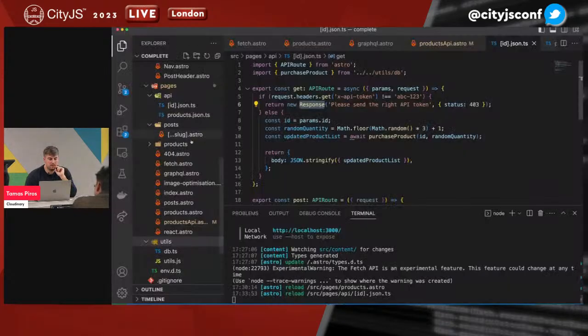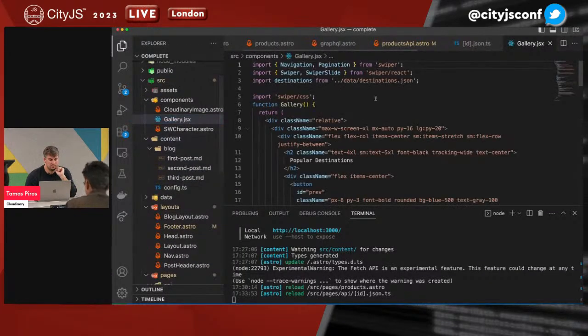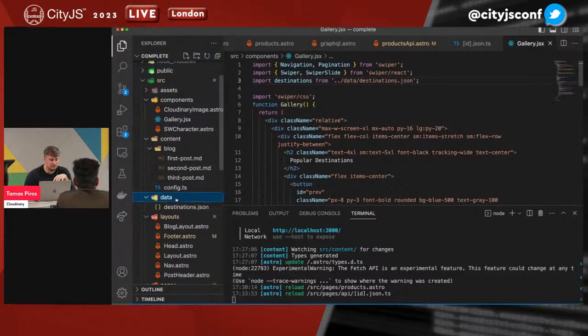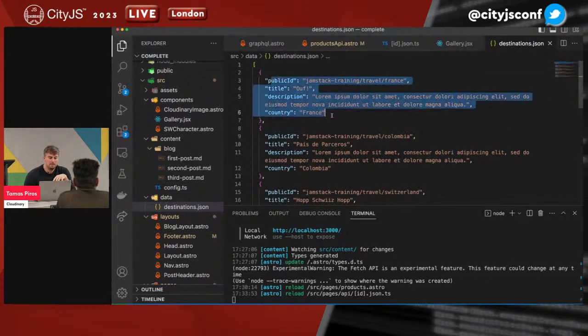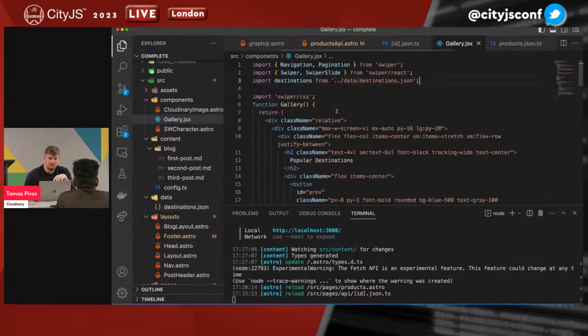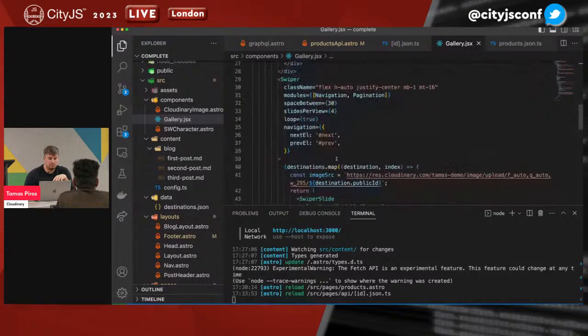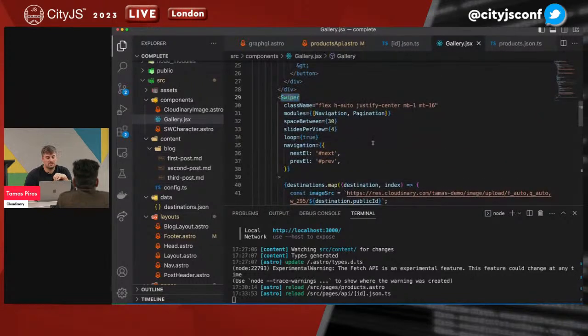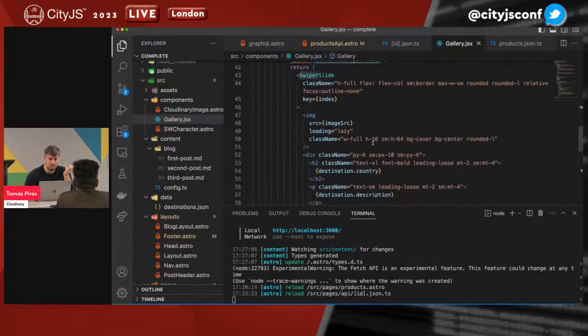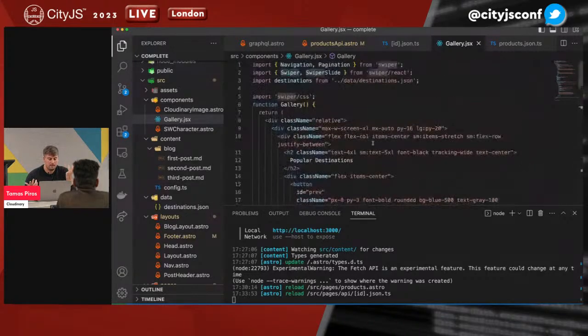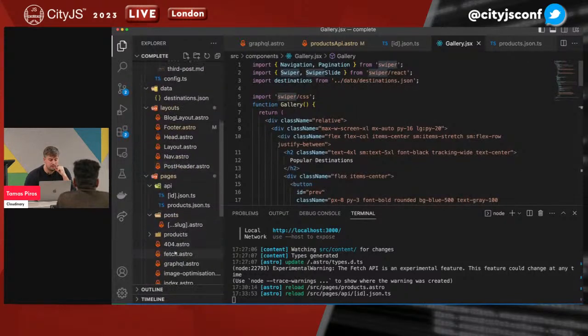Now, the example that I'm going to give you is exactly that. So I have gallery.jsx. This is a gallery. It uses Swiper. Just to simplify things, I'm just using a local data file again. So it's destinations.json. You will see what this does in just a second. And this is a full-blown React component that uses a React-specific package, and it does something. And all I had to do was just add it into my components folder